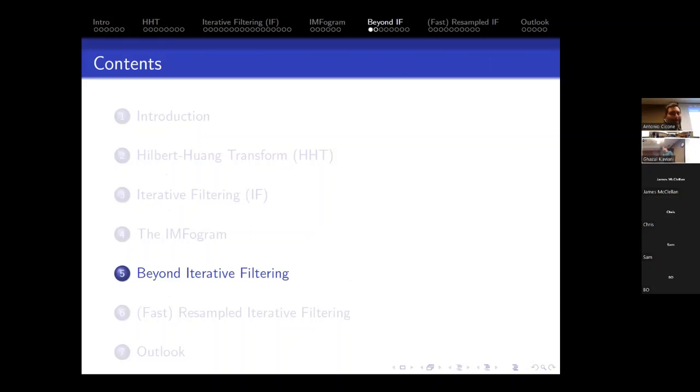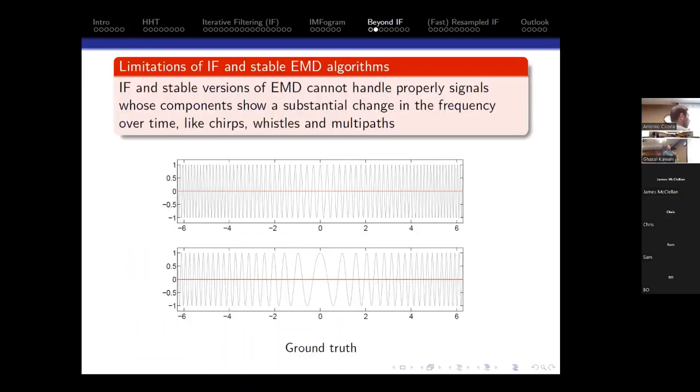So let's just have a glimpse of what the future is, okay? Or at least it's the past for me, but it's the future for the research in application. So all these techniques, fast iterative filtering, ensemble empirical mode decomposition, and any other stable approaches for iteratively decomposing a signal, they have a big problem. Let's consider these two components as IMFs. They are non-stationary components with a varying frequency. I chose them wisely.